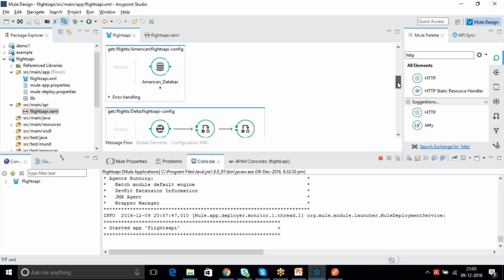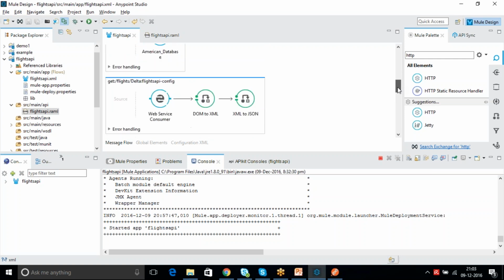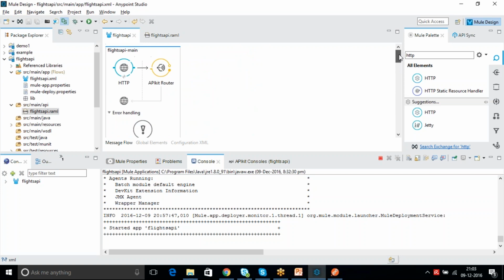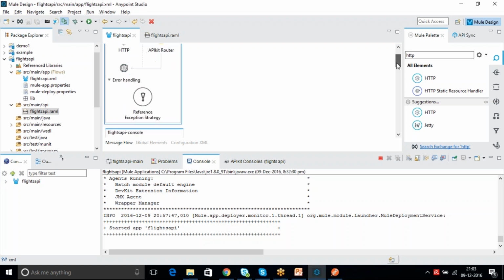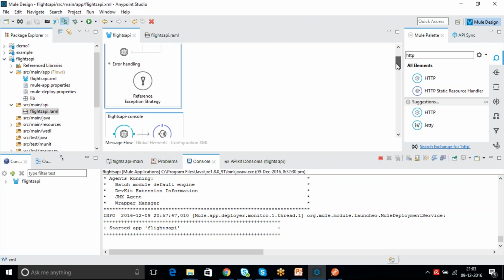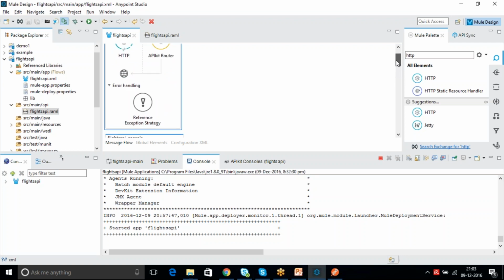These are for American, Delta and United. And there will be a main flow, the flights API main flow. The first request will come here, then it will be routed to the APIkit Router, and based on your request, it will be routed to the corresponding flow.